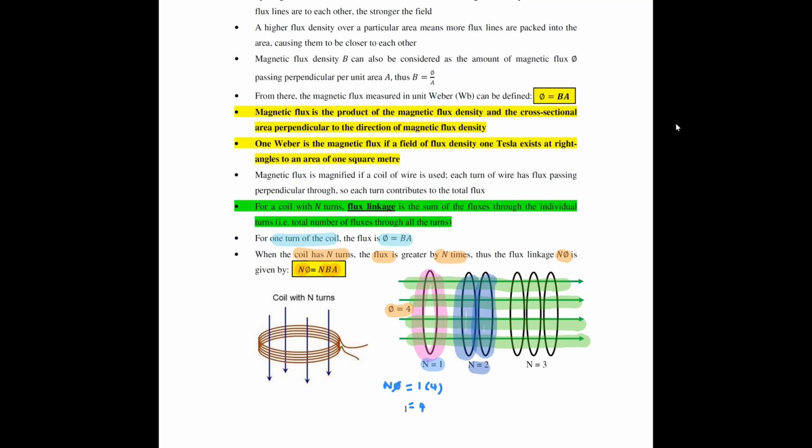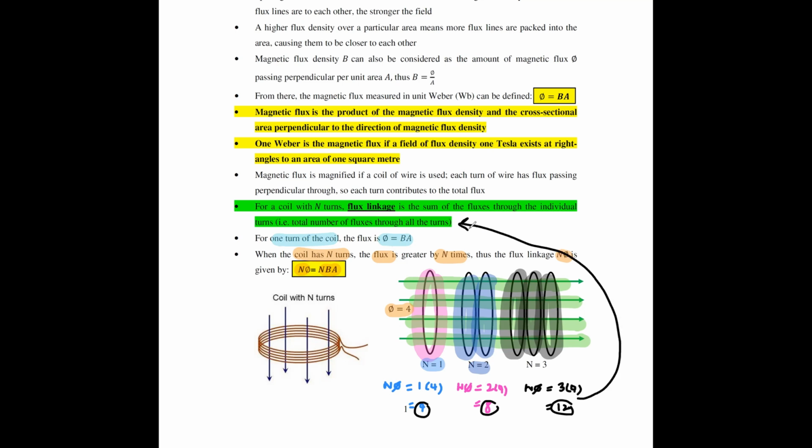So now your flux linkage is going to be 2 times 4, giving you 8. And then for the last one, you have 3 turns of your coil, and each turn has 4 flux passing through it. Your flux linkage here is really just going to be 3 times 4 equals 12. So you'll notice that whatever you're doing here is really just trying to sum the flux in all the turns. That's why we normally say your flux linkage is the sum of the fluxes through the individual turns. Okay,